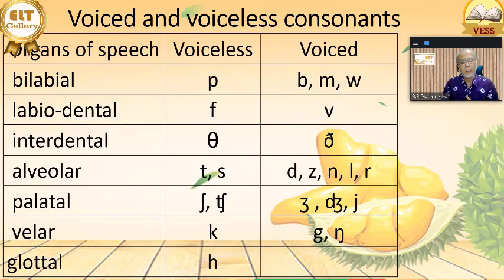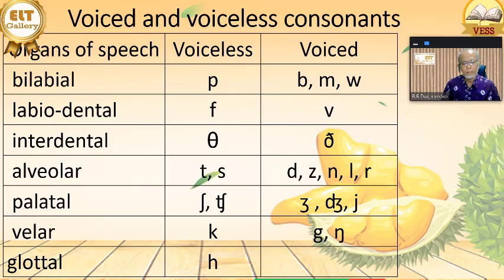Now let's see what the voiced and voiceless consonants are in English. Here we have the voiceless bilabial p, and the voiced counterpart is b. So we have p, which is bilabial, and b, which is bilabial, and they are produced in the same way, except that b is voiced and p is voiceless. And then we have the labiodentals, f with the lip and teeth, and v. And then we have the interdental, between the teeth, th, which is voiceless, and the voiced counterpart. And then in the alveolar we have t, which is voiceless, and we have d, z, n, l, and r,